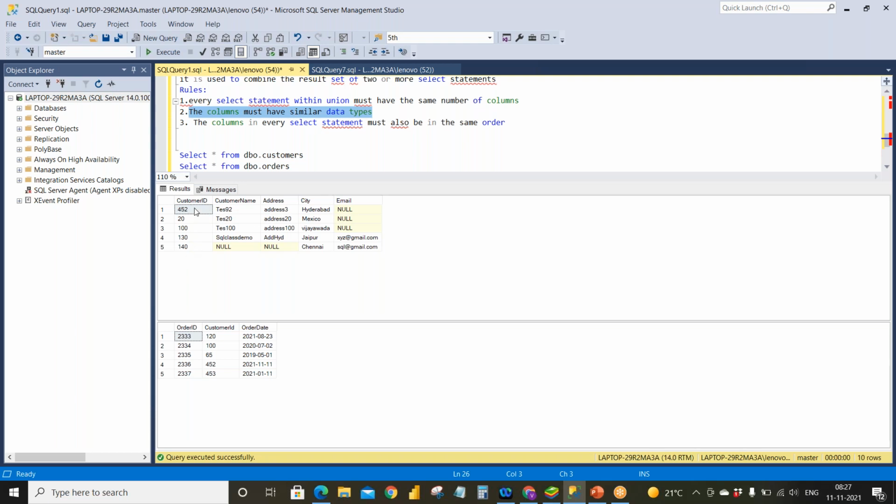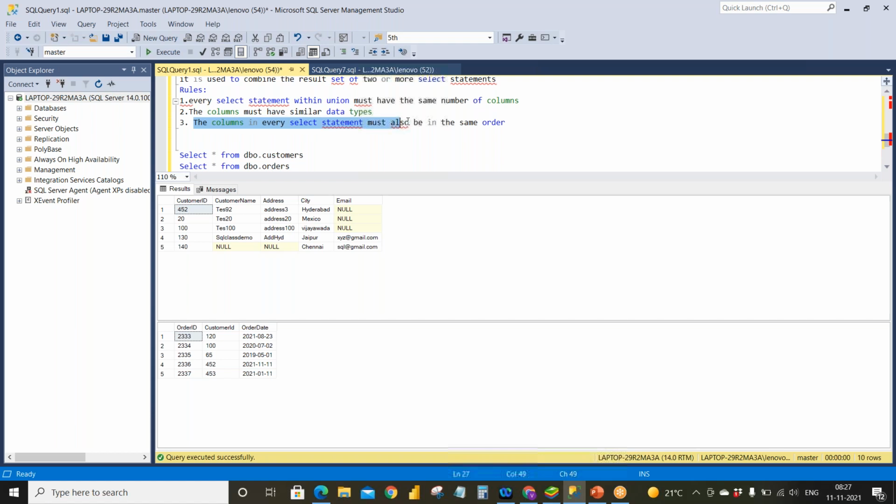So when I define my customer ID as int, the first column in the orders table also should be int, and if the customer name is defined as varchar, the second column should also be varchar. So they should have similar data types. Data types means character, int, string, and so on.